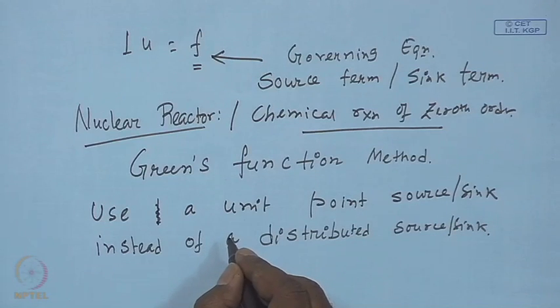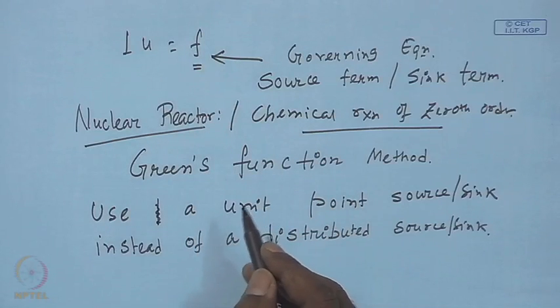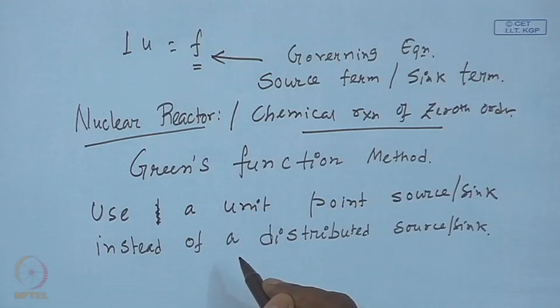In order to simplify the problem, if you remember, the F is basically a bulk phenomenon, it is occurring throughout the whole bulk of the system. We do not do that, we use a unit point source and try to see how this unit point source